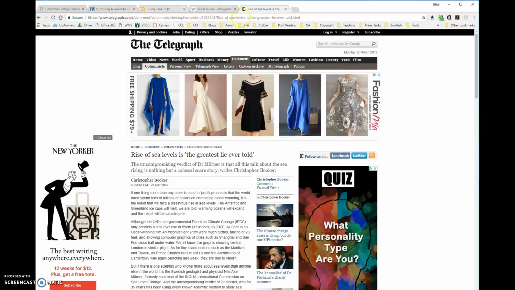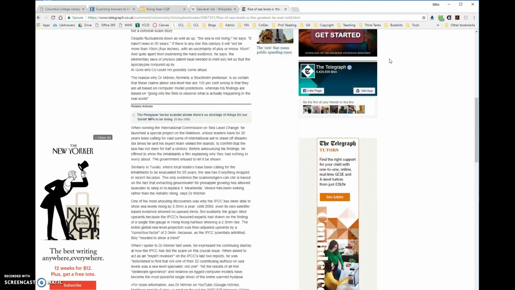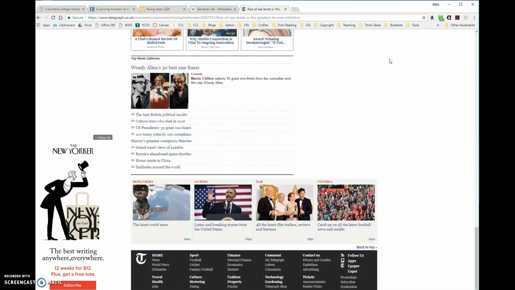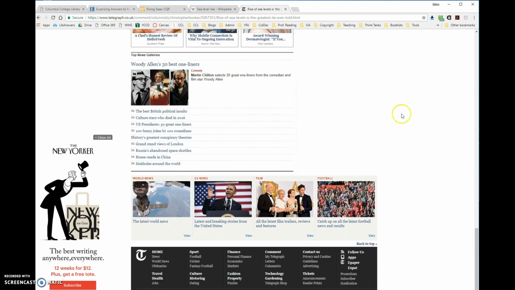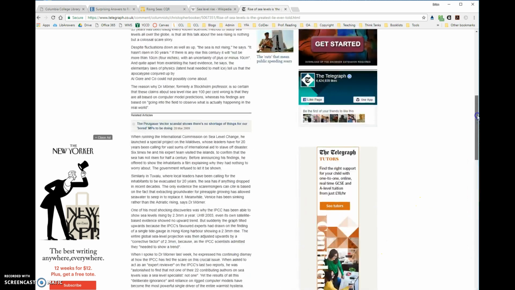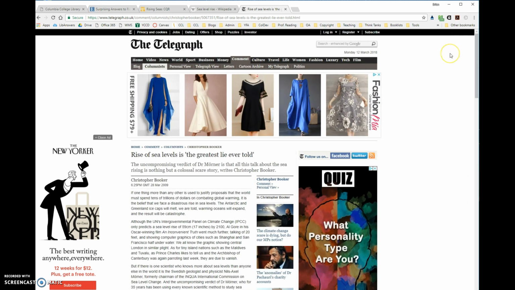And the next thing I'm going to go to is an article I found just doing a Google search in the Telegraph. So the Telegraph is kind of a general name, but it's somewhat common for publications, for newspapers. I can do a little searching, see if there is an About Us page on this website. I didn't see one at the top. I don't see an obvious one down here at the bottom, so I could go to their homepage and see where it's published. I could do a Google search, see what I could learn about them. But let's just take a look at it.